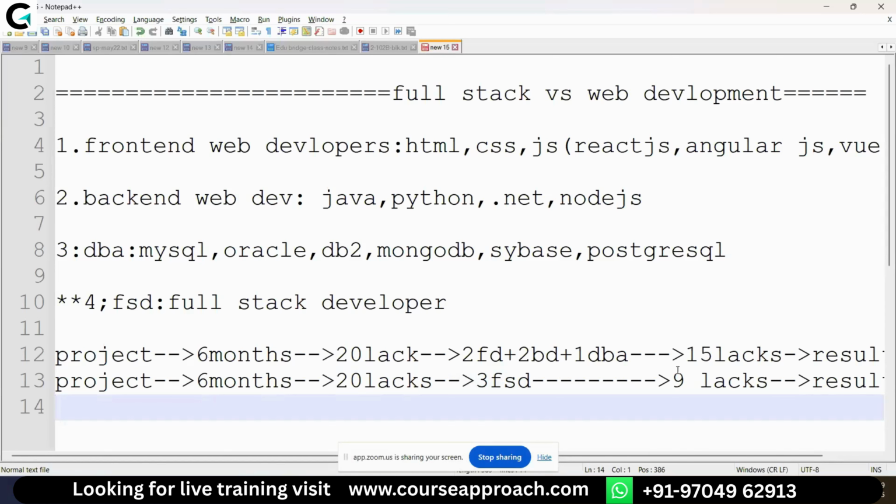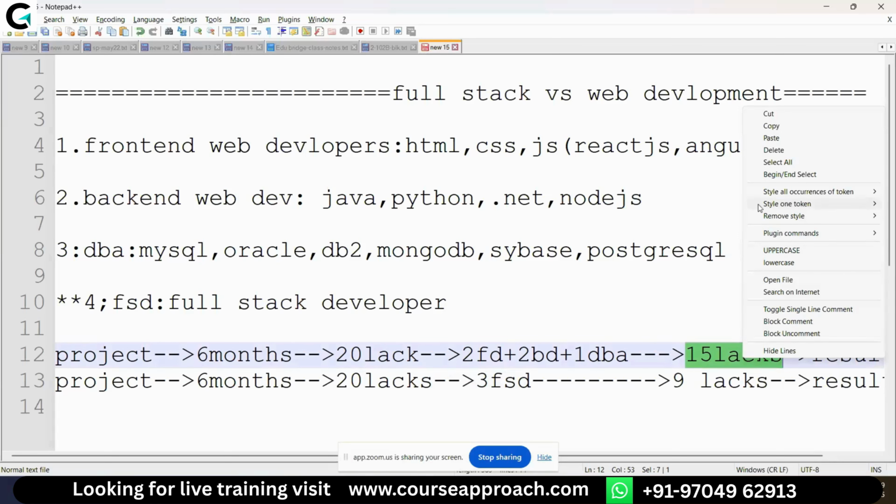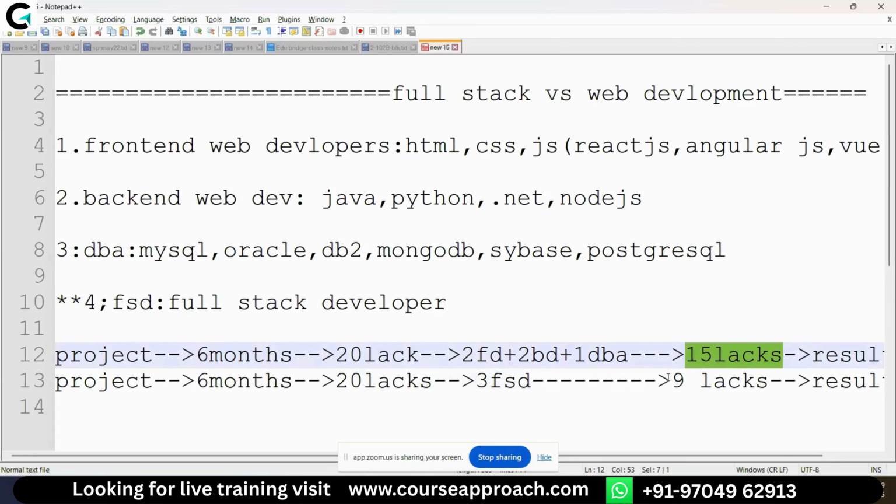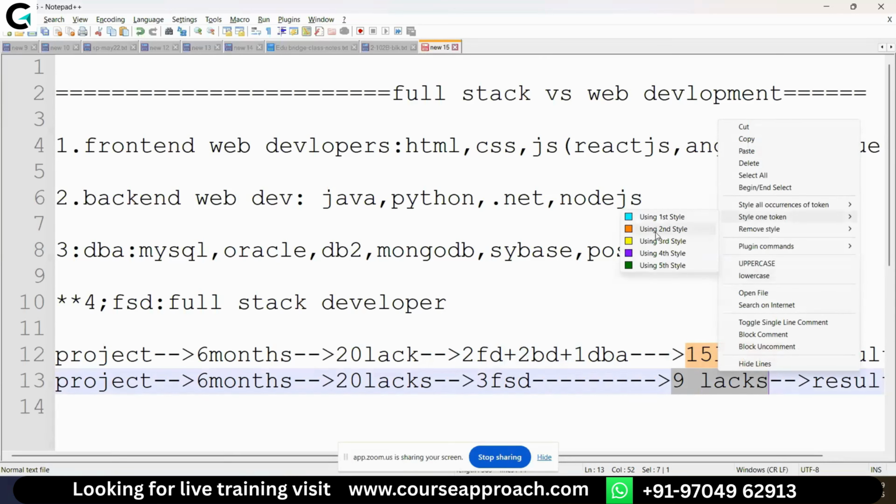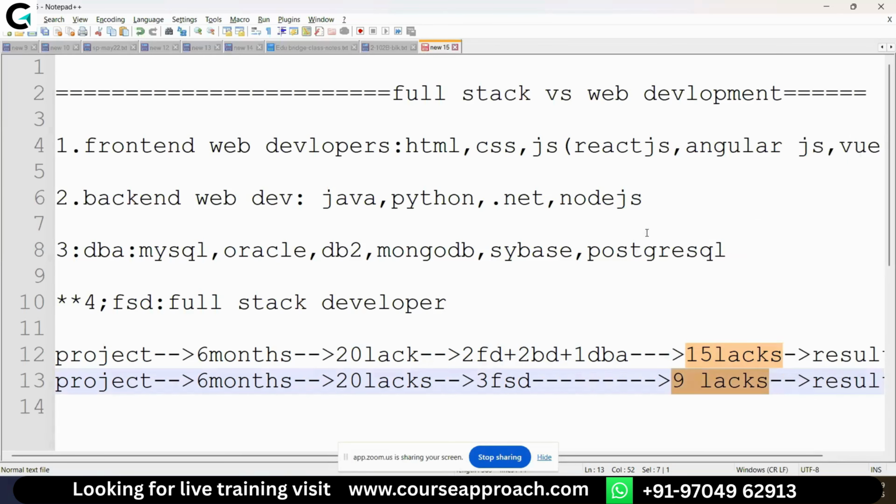Here, if you observe, I spent 15 lakhs on them, but here I got less profit. Here I spent only 9 lakhs on the 3 persons, and now I got more profit. Every industry is looking for the profits only. Not only this profit, but also the time consuming